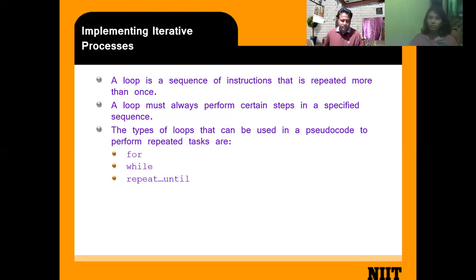So you write that looping is of two types. One is fixed loop, another is variable loop.